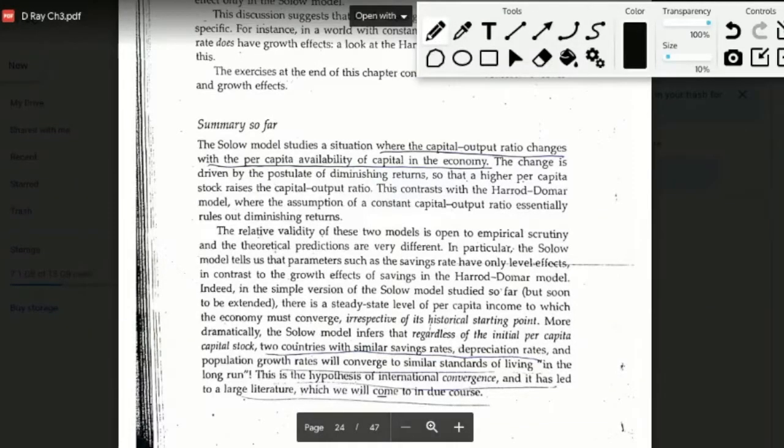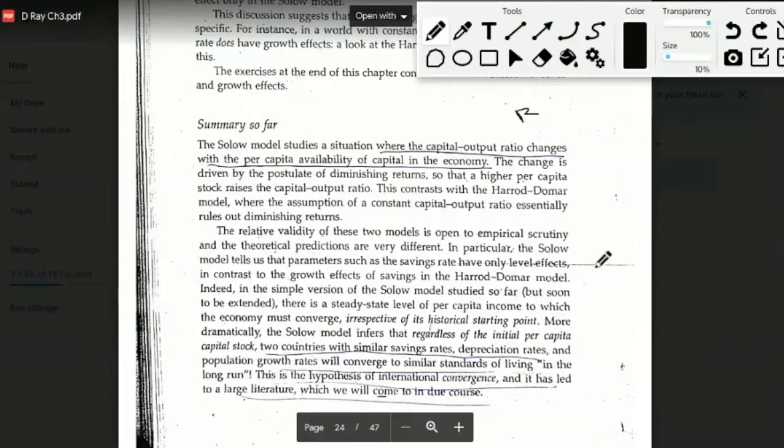Another very important conclusion from this formula of steady state of capital per capita is that it depends on the savings rate, population growth rate, and depreciation rate. So regardless of where we start from, suppose you have two economies with similar savings rates, similar depreciation rates, and similar population growth rates, then we can expect that these economies will stop at point K star, which will be common for all these economies because they share the same parameters that affect the capital stock.